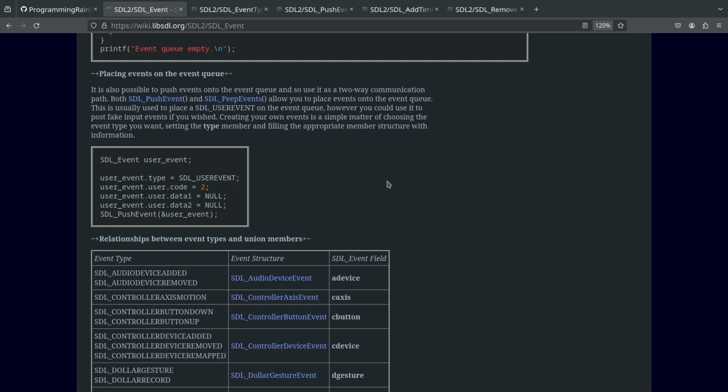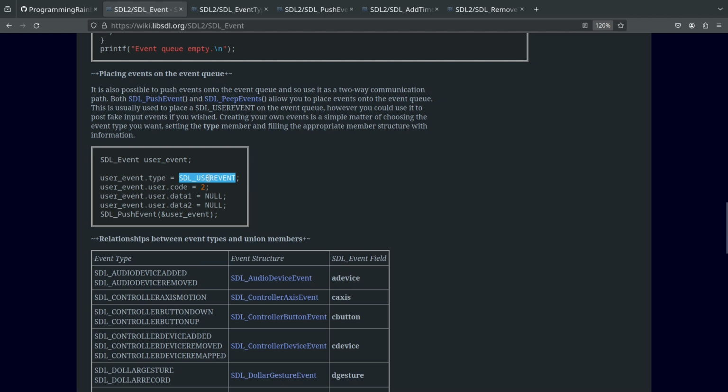So the user events, this is actually, I believe, an enum, or it's some kind of macro, but it's a specific number, and I think it's around 32,000 or something like that. But basically, if we wanted more than one event, we could call the first one user event, and then we could call it user plus one. So it's just going to add one to this, whatever this number is. And if we wanted plus 2, plus 3, plus 4,